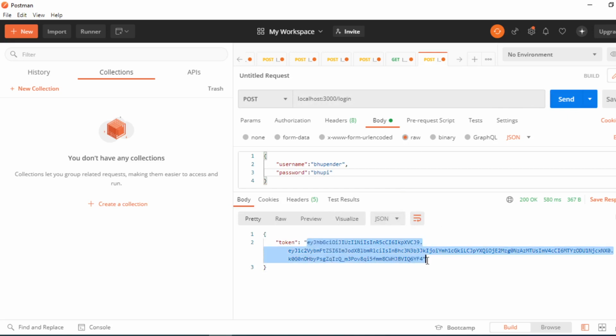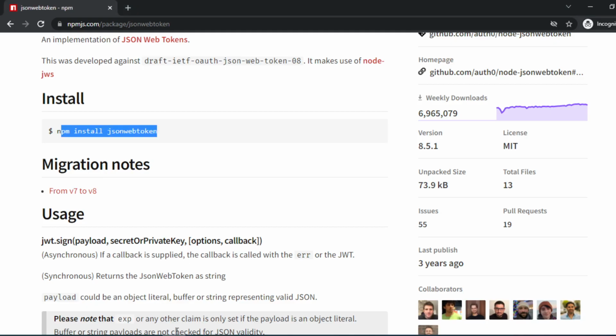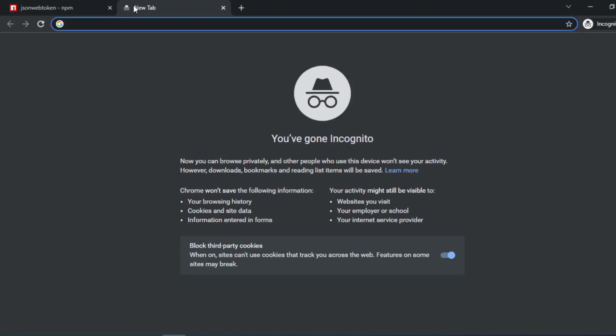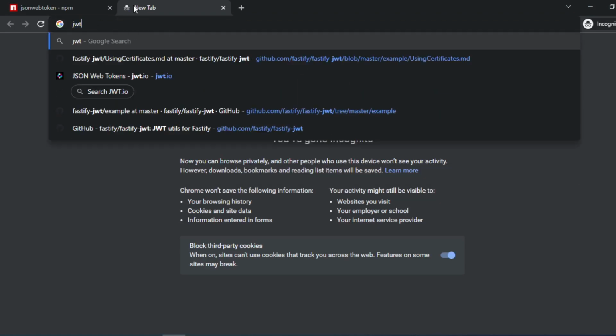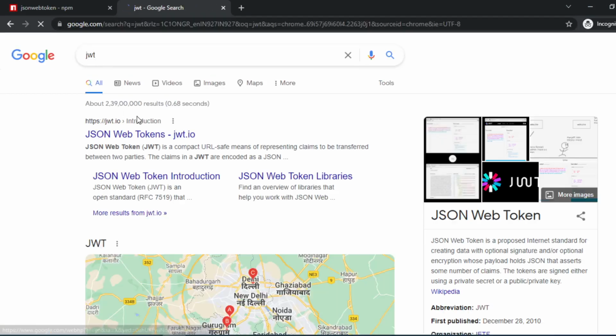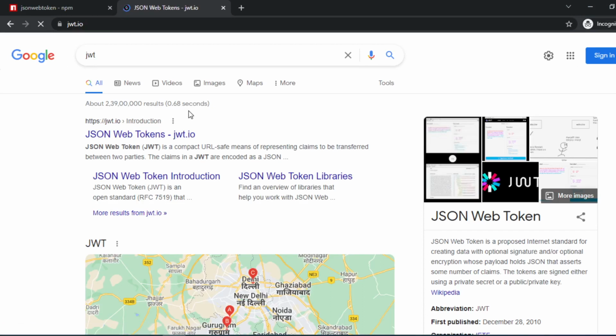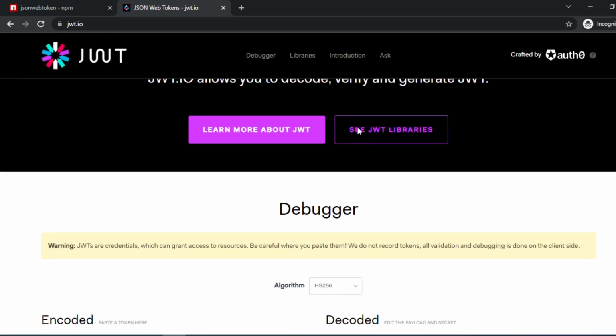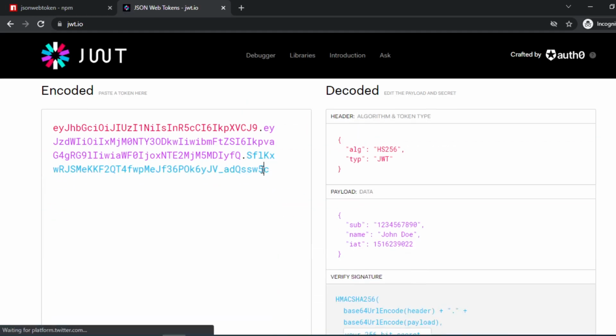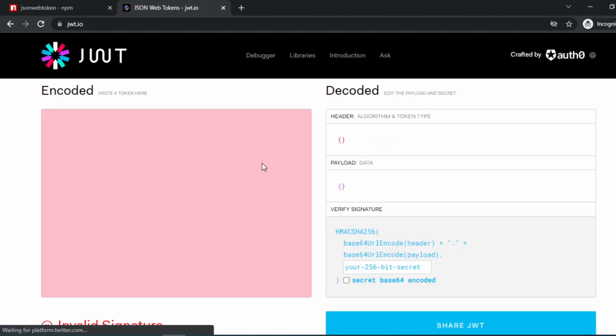If we take this token and try to decode it on the official JWT website, just replace the token that we have here.